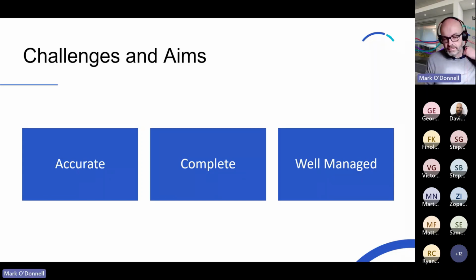The aim for any data is to be accurate, complete, and well managed. And there is a need to ensure that your data is consistent across systems. It's accurate, particularly with respect to timeliness, and it's complete. And the question that you should be asking yourself is, do you trust the data? If you don't trust the data, how can you make decisions on it? If you're going to follow the data, if you're going to try and make decisions on it, but someone's going to say, well, I'm not sure that's right, then it defeats the purpose of all of this.